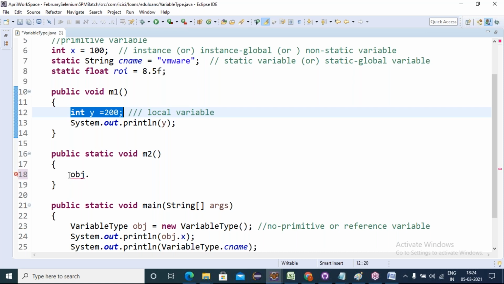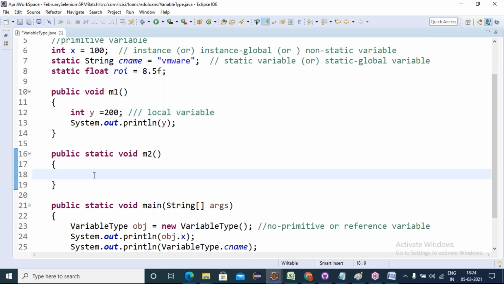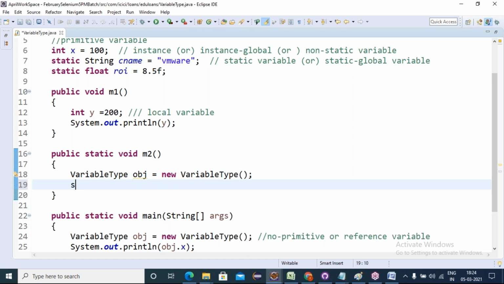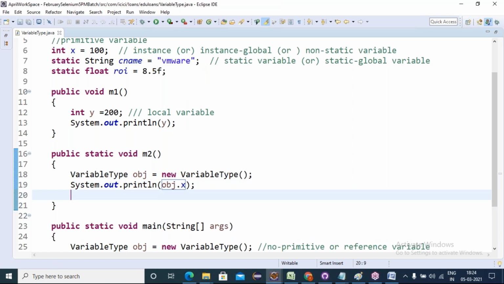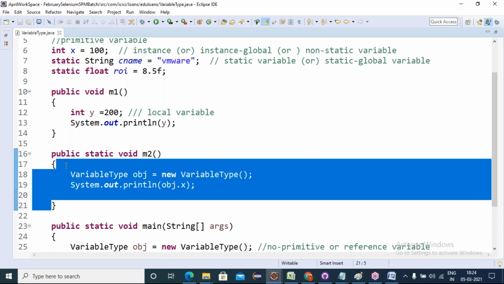So again you must create an object for that. System.out, obj.x, getting it friends? Now how can I access the static variable inside the M2 static method?